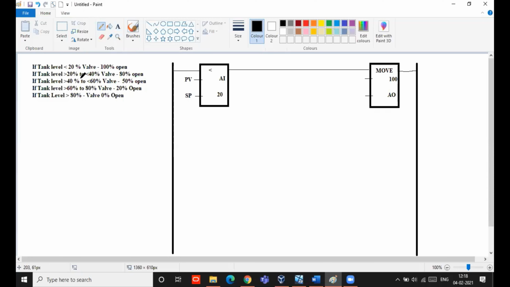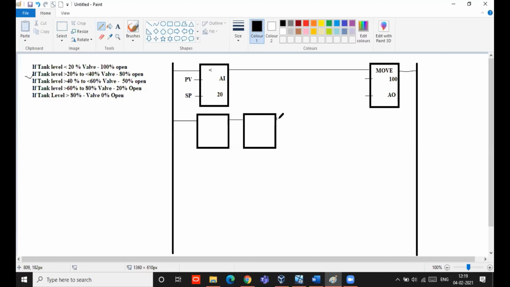Same way. Now what is the next condition? If tank level is greater than 20% to less than 40. So how to do this? For this I have to use two comparator blocks, like this, two comparator blocks I have to connect in series.